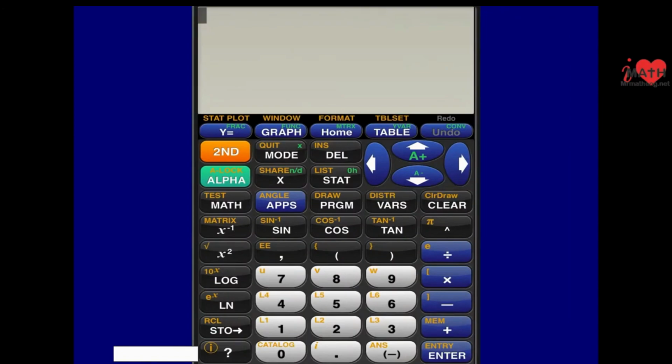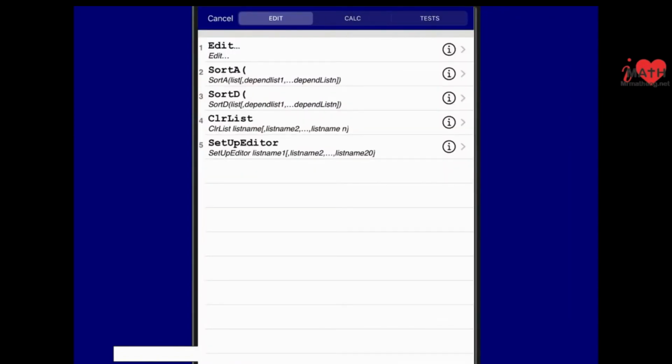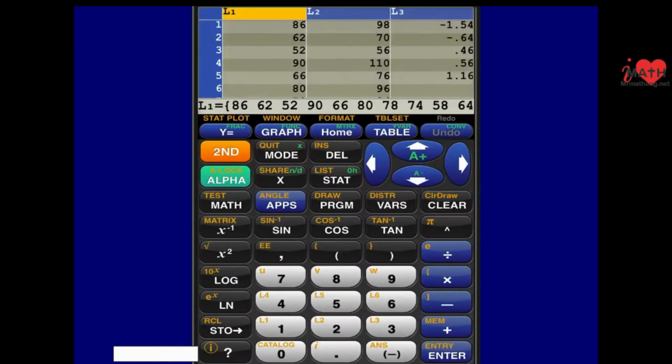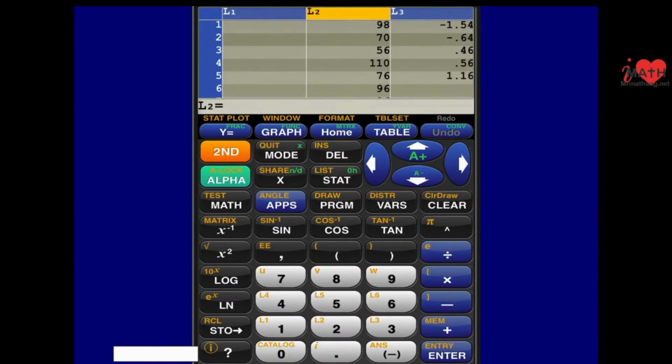I'm going to go stat, edit, go to the top of my list, press clear, then enter. Do that for both of your lists. And although it says number of years since 2000,